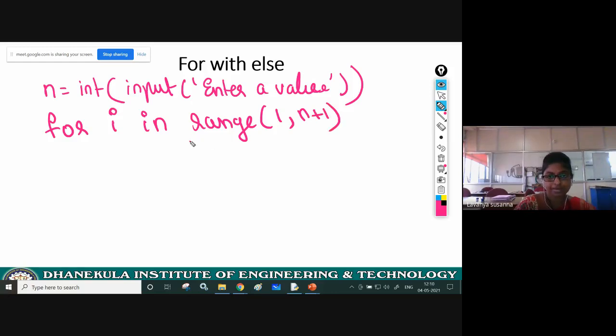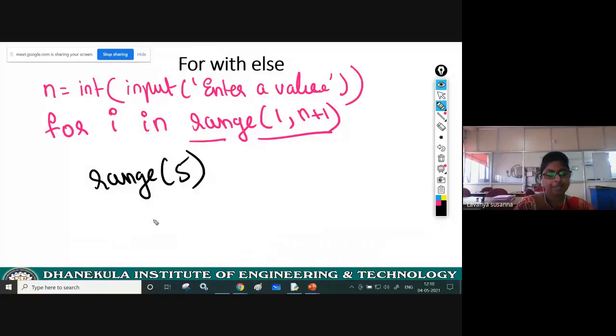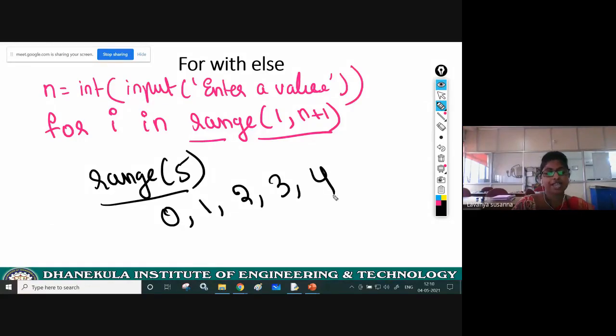Now I'm going to explain range. Already I have explained. See, a range is a sequence. Once again I will explain. Please listen, don't hesitate to listen. Already you know all these things. See, range of 5 means it will iterate through 0, 1, 2, 3, 4, that is 5 minus 1.